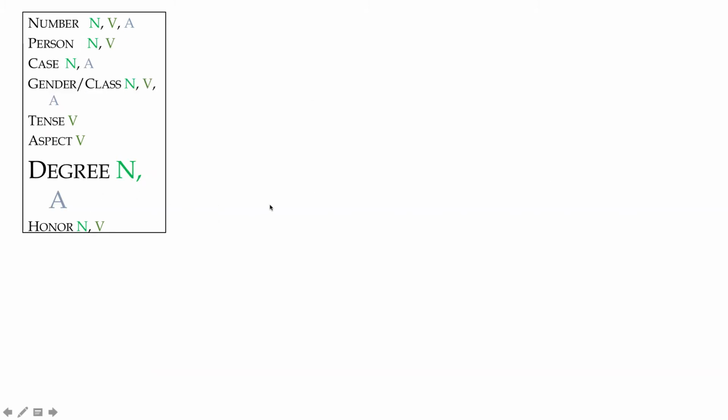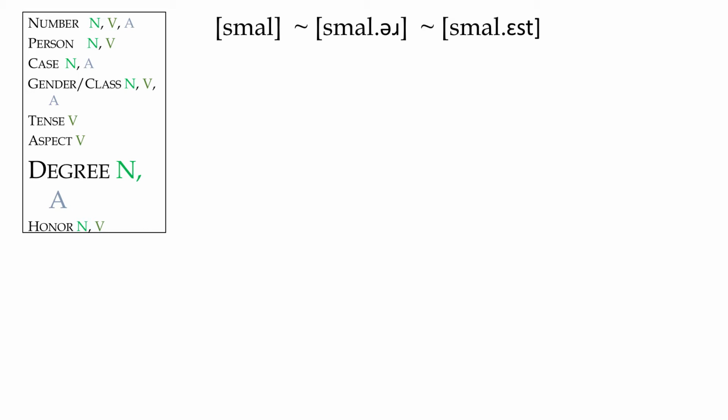Another interesting inflectional category is degree. So degree would talk about the intensity of something, how great or how small it is. And in English, adjectives actually will inflect for degree. Something can be small, it could be smaller, which would be even more small, we call comparative degree, or smallest, which is there is nothing smaller than it. This would be the superlative degree.